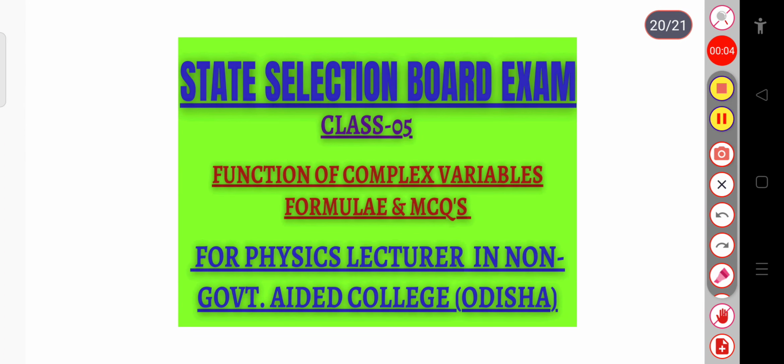In this part we will discuss some functions of the complex variable. That is, we will see what complex numbers are, the minimum formulas we will discuss here, and after that we will discuss Cauchy's theorem, the Cauchy-Riemann conditions, Cauchy's integral theorem, Cauchy's integral formula, the residue theorem, etc. And after that we will solve some basic important questions.